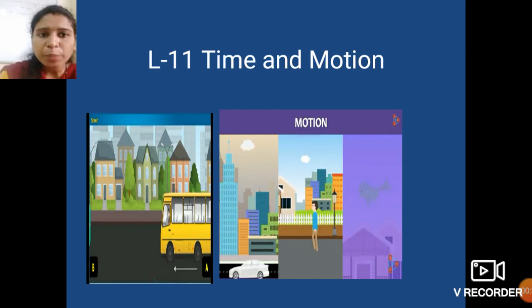We have learned in the previous session about speed, how a body or any kind of object is slow or fast. Also, how a graph is represented. So students, there are certain questions regarding the graph.